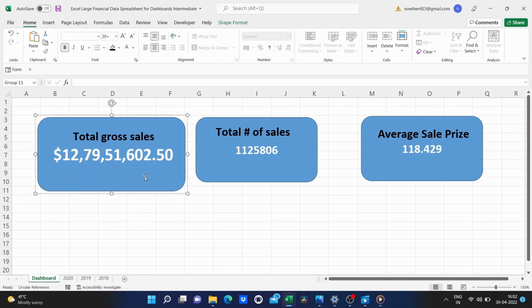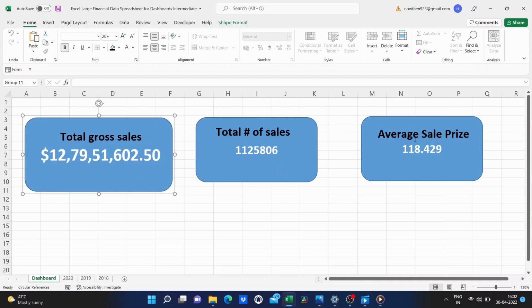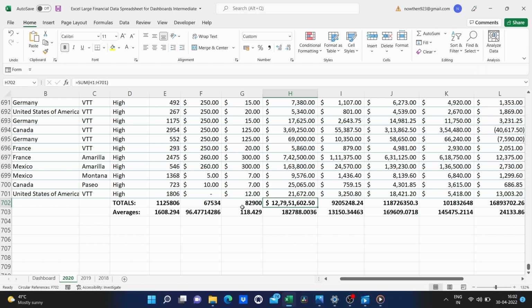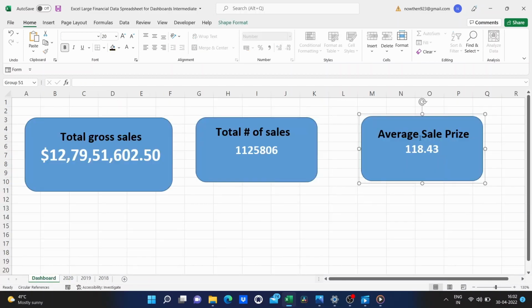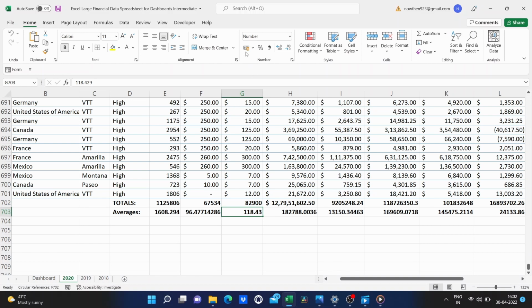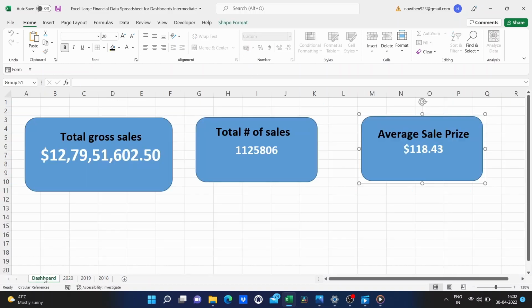Now let's try the same thing with the average sale price. So I'll go in here, here's the average sale price. Notice that I could just go to the Home tab, Home ribbon, and use these tools here to increase the decimals or decrease the decimals, so I could get it down to just 2 digits in the decimal area. And if you go back to the dashboard, look, it solved part of the problem. But in fact, this number is currency. So all I really have to do is switch it to currency, and that'll solve the problem too. There we go. So that's pretty much what you need to know to get started creating your own Excel dashboard.